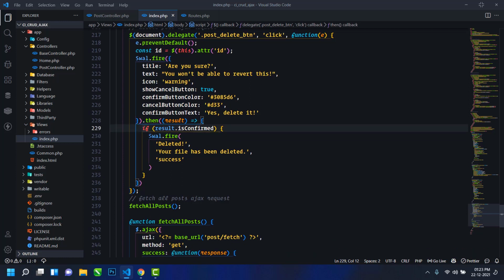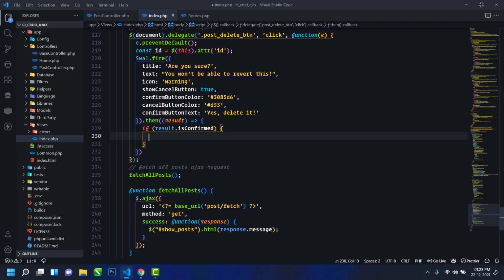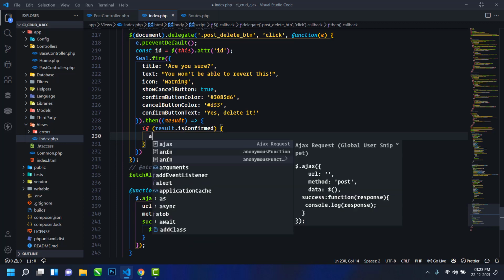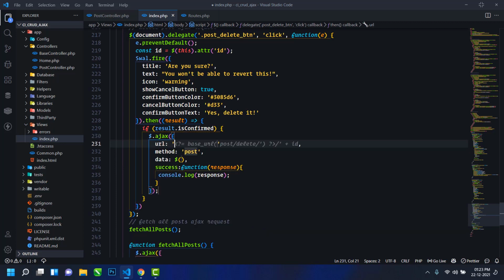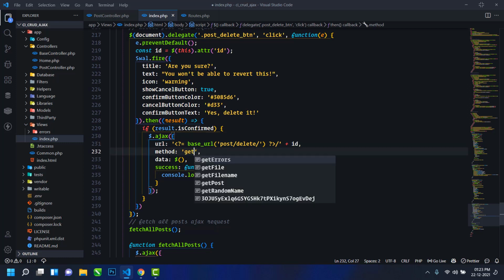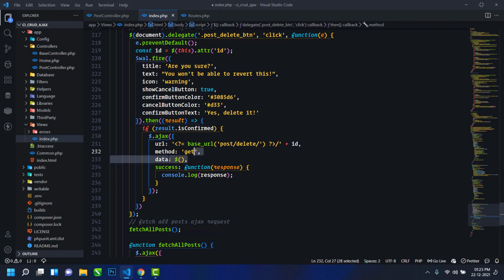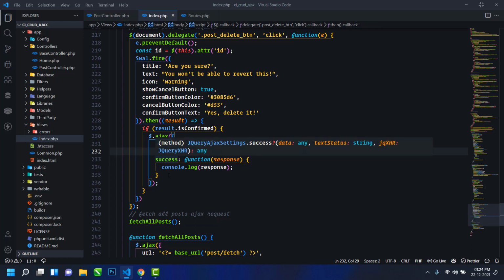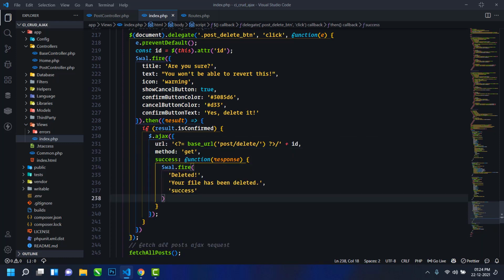In this if statement, I will cut this from here, and send another AJAX request to the base URL post delete with the ID. The method will be get, and in data I will not send any data, so just remove this line. And in success I will just display this.